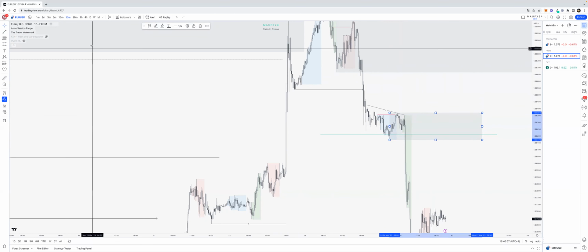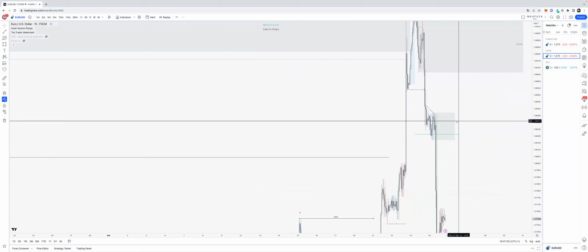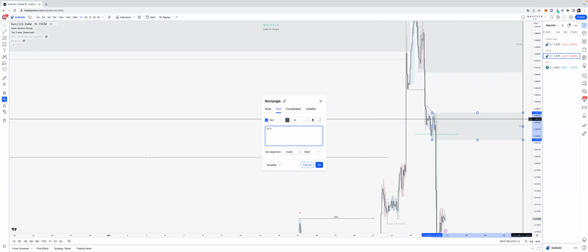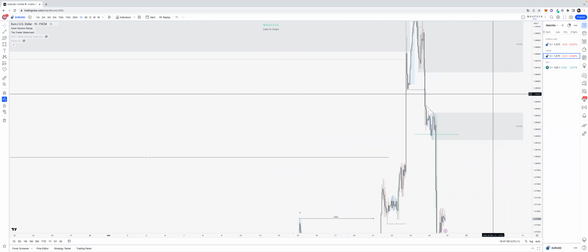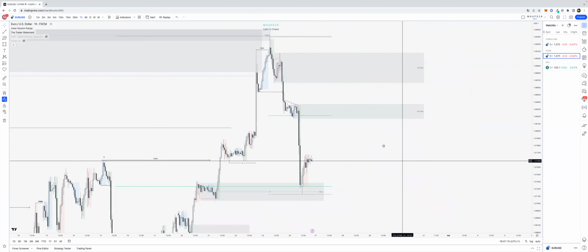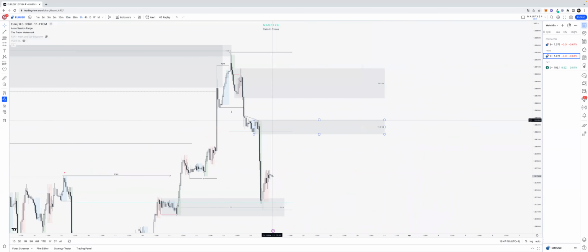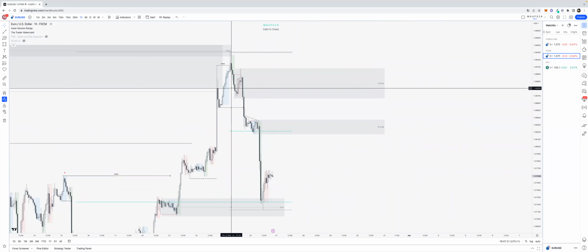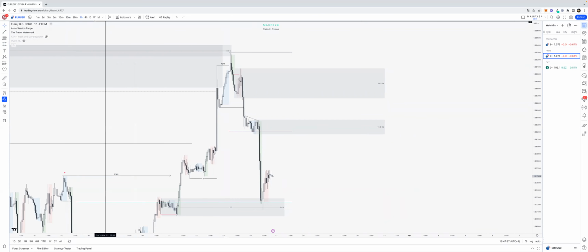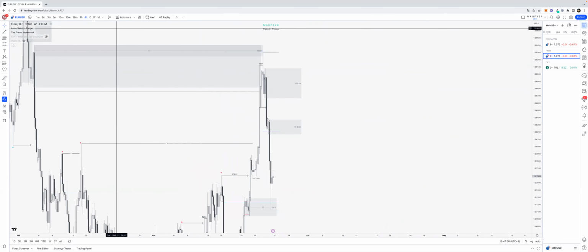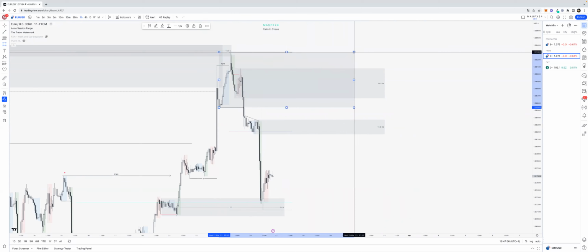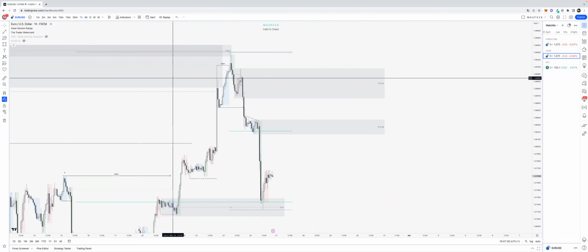Let's see what the 1 hour looks like. Or supply. Let's class it as a 1 hour supply. And this was the decisional one. And yep. We got actually this 1 hour low being taken, so we might actually have a 4 hour supply. Well, that's a bit tricky. A 1 hour supply from this low up to this high. But yeah,